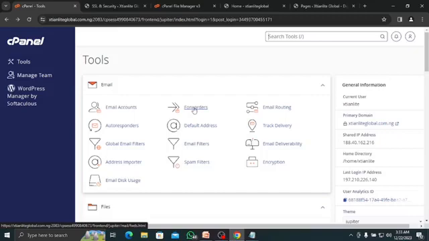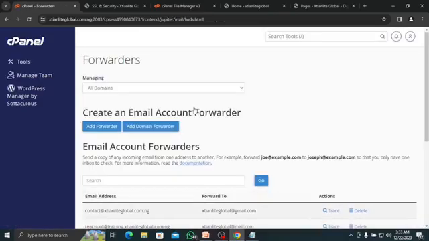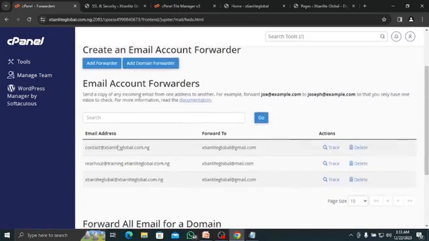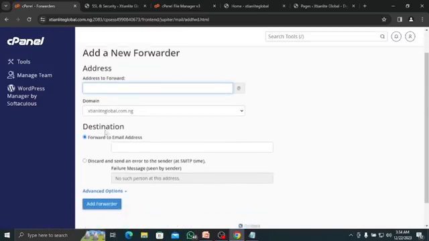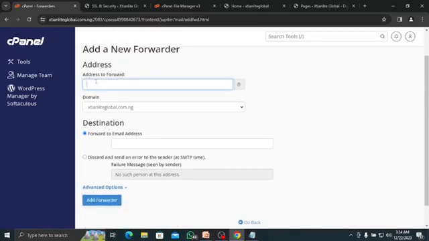So that is what forwarder means. It helps to direct, let me say, an email that was sent to a webmail to another email account, right? So that is the function of this forwarder. So to set up your forwarder for your website, just click on this forwarder, then come to this place, click on add forwarder. You can see it. Click on add forwarder, then okay, you say address to forward,